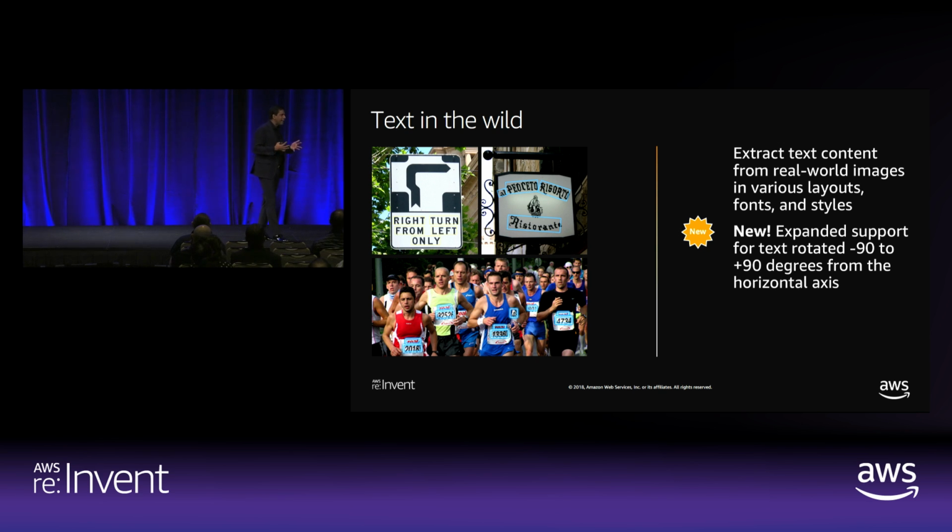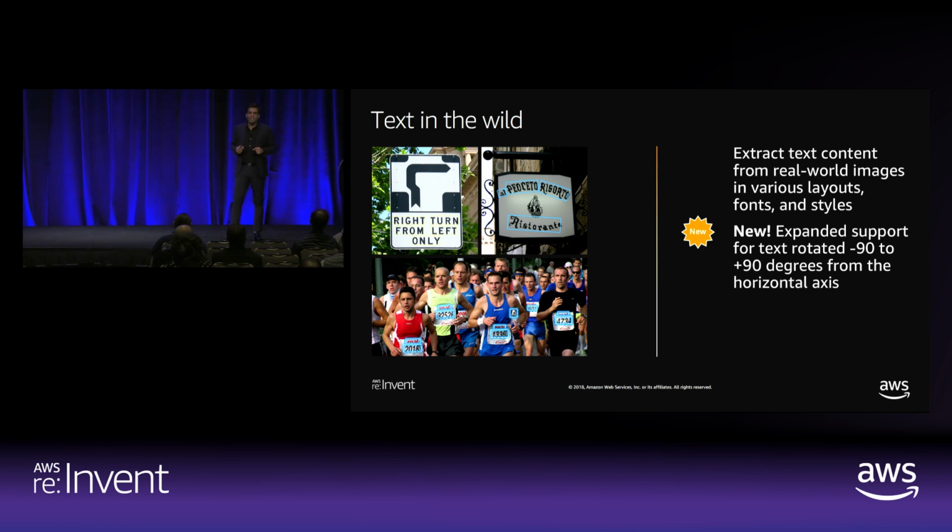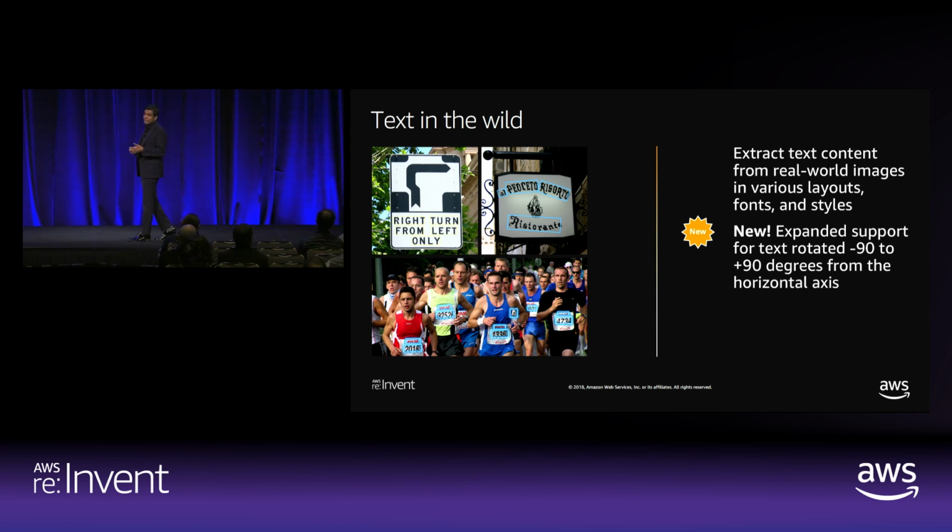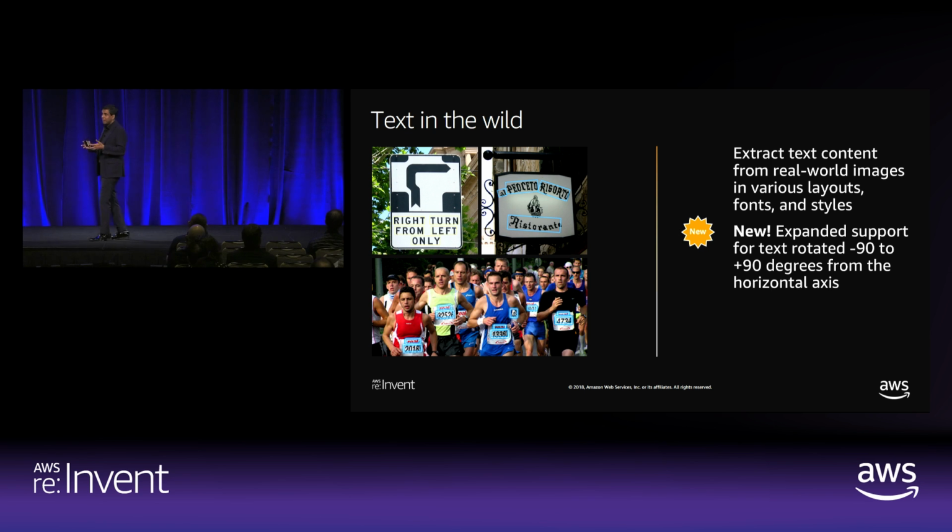So even when they're running and their face cannot be seen, just a bib number tells them where the runners are, how they're doing, if they need help, and provide a better experience for the runner and their family, because if they're looking at a screen, they could say, hey, you can sign on for looking at this particular bib number and we can track them for you, right? So that's an awesome example of finding what's in an image that helps you create richer experiences.